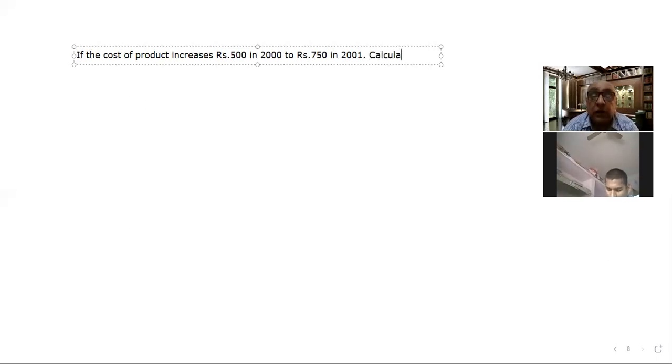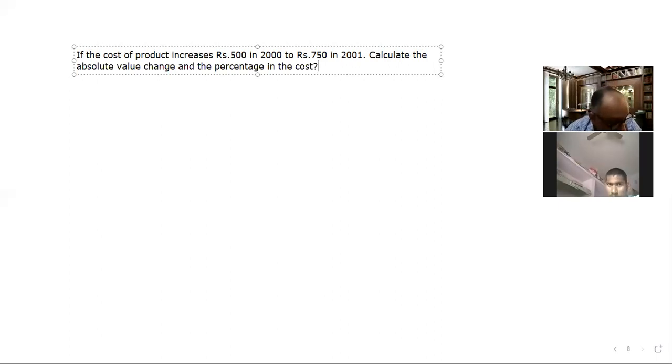Calculate the absolute value change and the percentage change in the cost of product. So this is the question, over this period of 1 year or 2 years, whatever it is. So beta, when we need to find out the absolute change, let us write here that absolute change